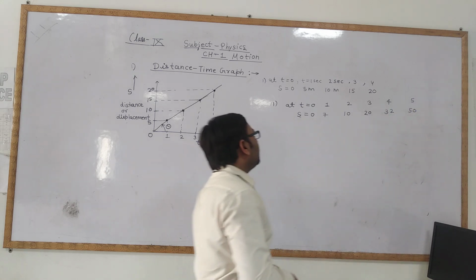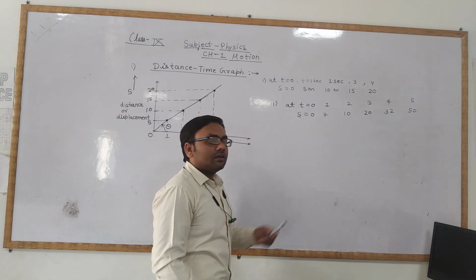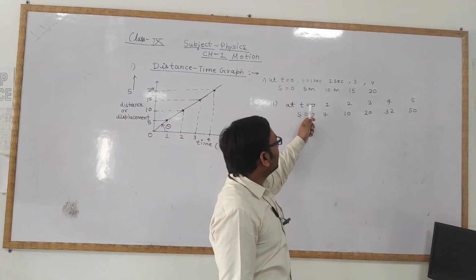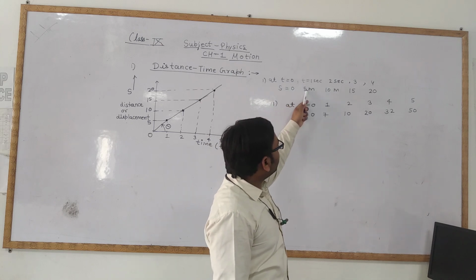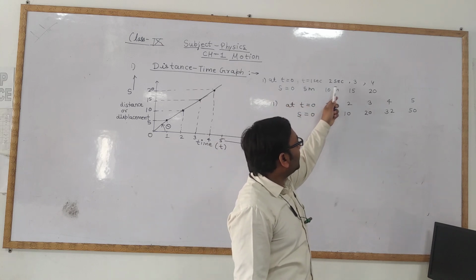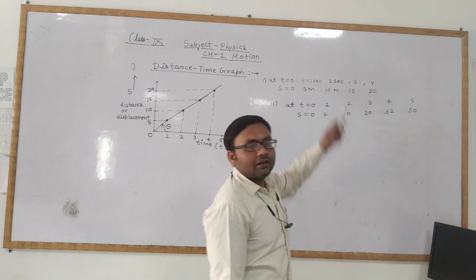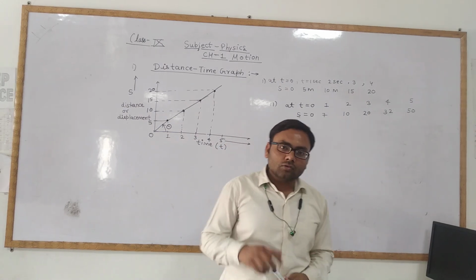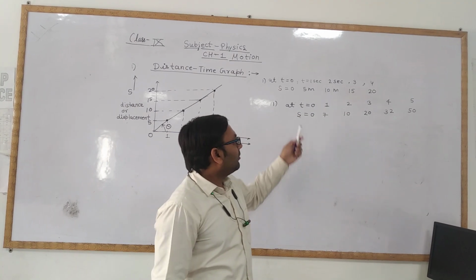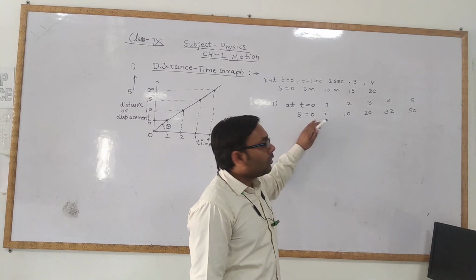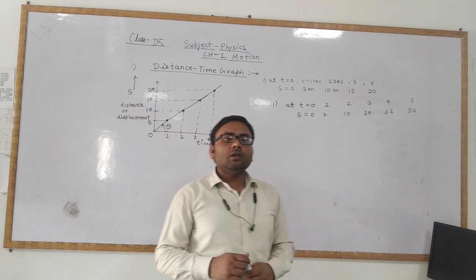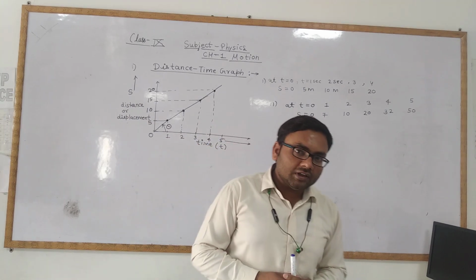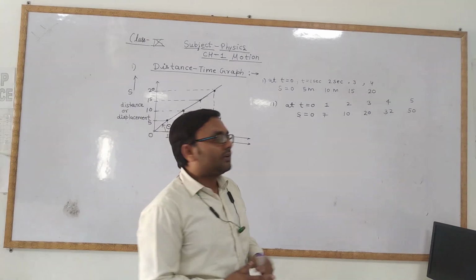So you can see the motion of the object is like this, meaning not uniform. In the previous example we have seen that the object was covering equal distances in equal time interval. In each second the object was covering the equal distance or displacement. But this example is for non-uniform motion. So what is non-uniform motion? You already know. The object covers unequal displacement in equal intervals of time.